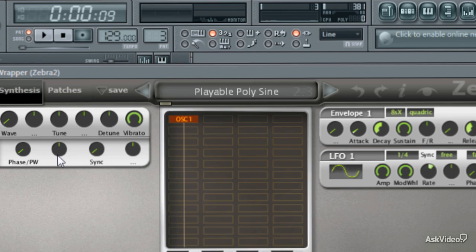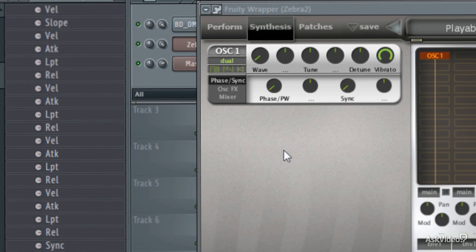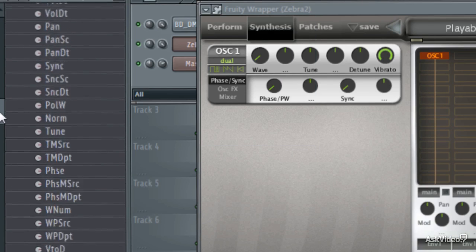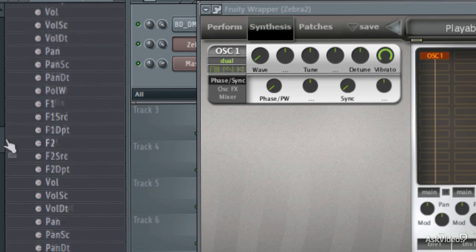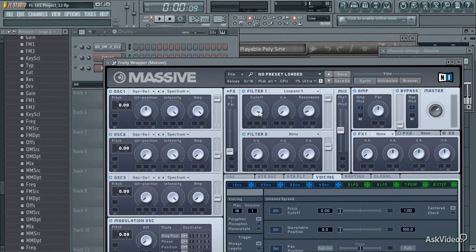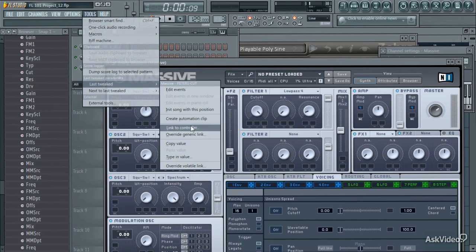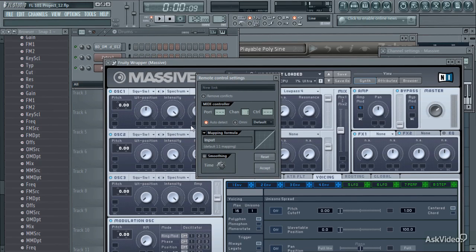There are two other methods of finding and linking up controls. One is to click Browse Parameters for a plugin in your current project, which will show all automatable or linkable parameters. The other way is to move the control you want to link in the plugin itself, so here I'm moving the filter cutoff of Massive, and then go to Tools, Last Tweaked. This is especially convenient if the plugin has poorly labeled controls,